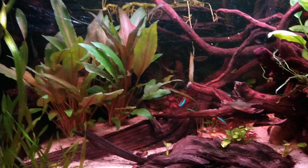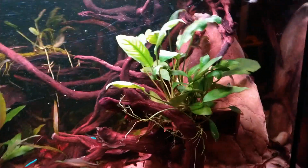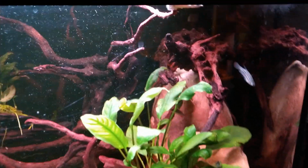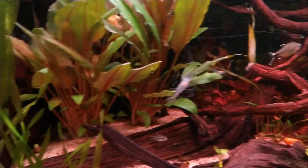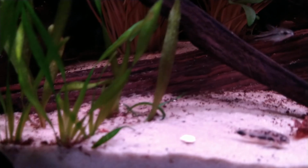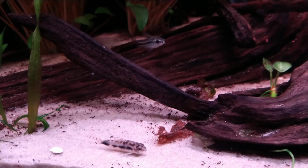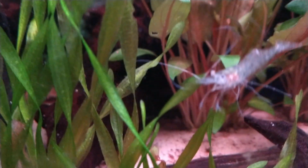Not much has changed here. It's very planted up. This is a 20-gallon, very planted up, with a lot of wood structure, as you can see. I really went crazy with the wood in here. I just wanted a different look. There's a lot of little fish like emerald rasboras. I don't know if we can see any, but a lot of tiny dwarf cories. There's a different species of dwarf cory there. I don't know if you can see any in this footage, but